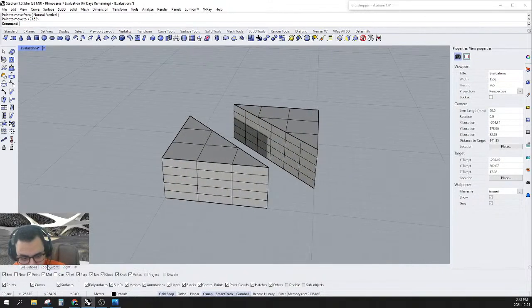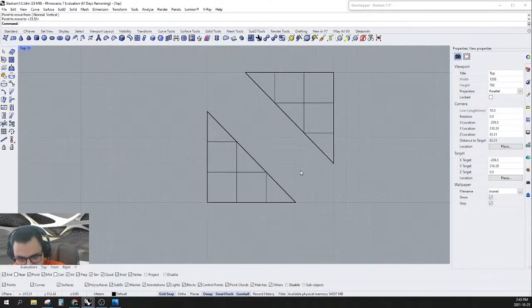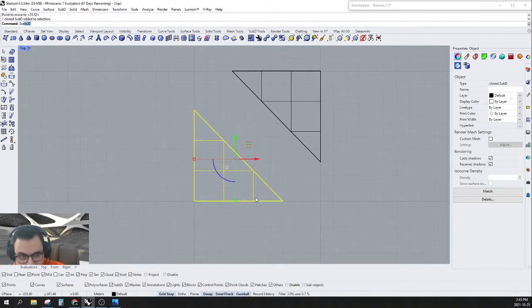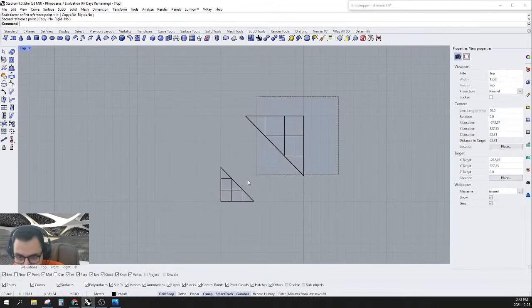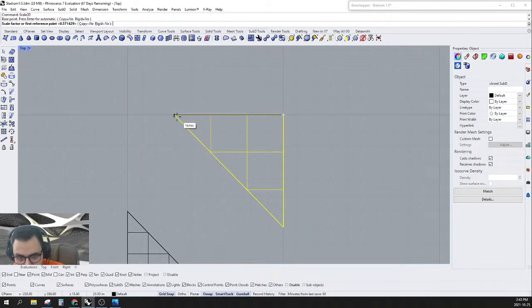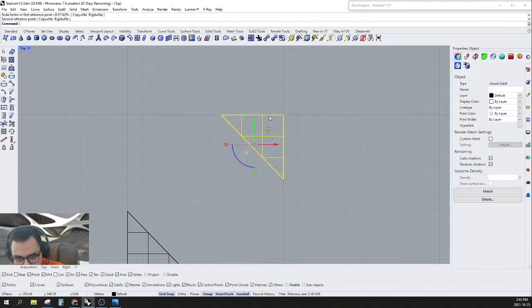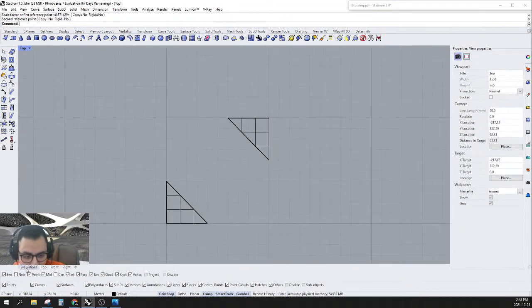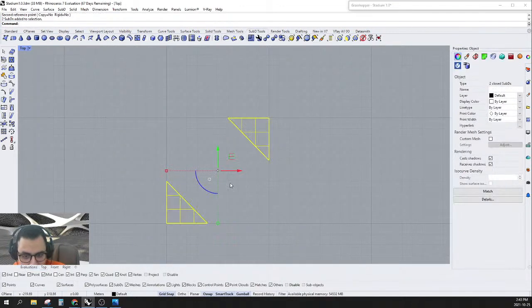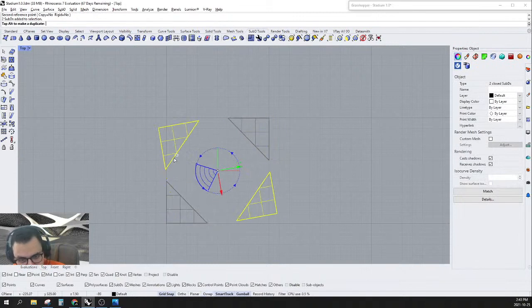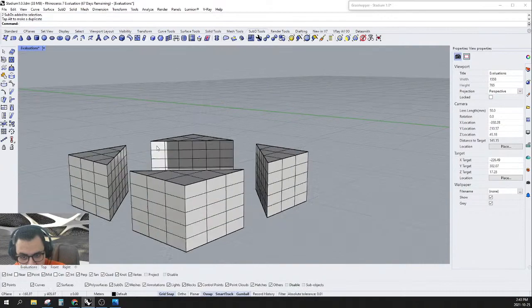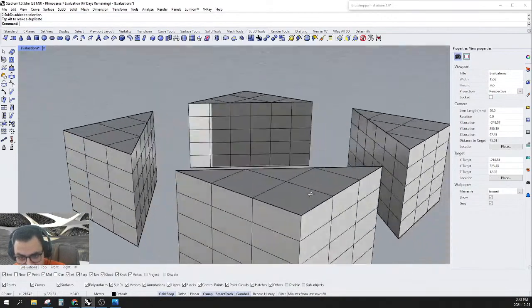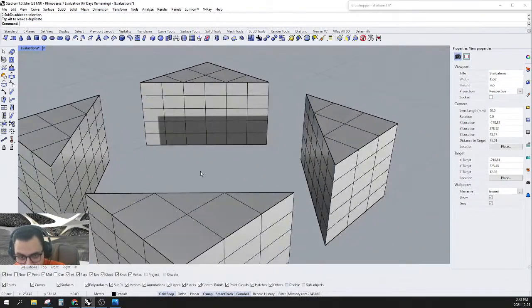It's so big, so I would like to scale it a little. So let's scale this from here to here, to somewhere here. Okay, and the same thing in here, from here to somewhere here. Perfect. And rotate this. Okay, so now I have 4 of them, and after that it's a matter of manipulating